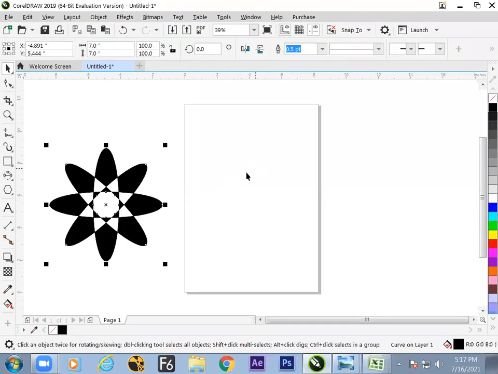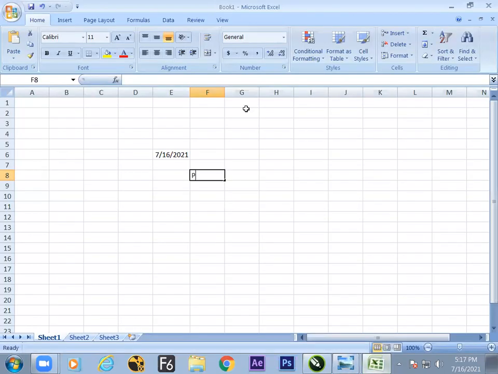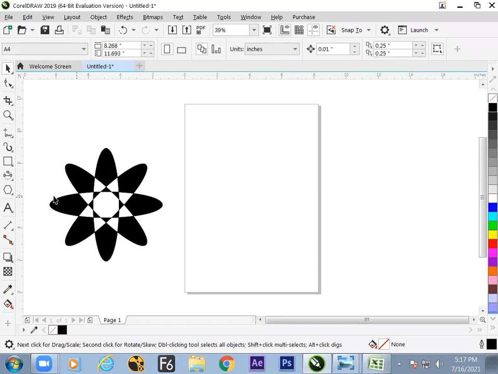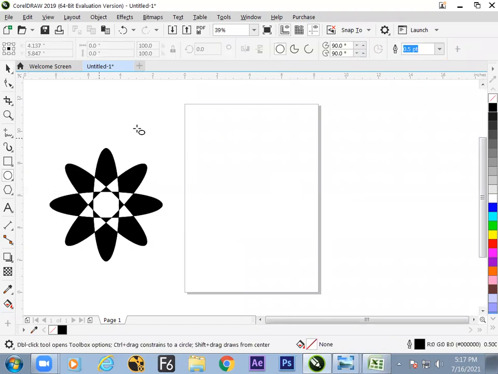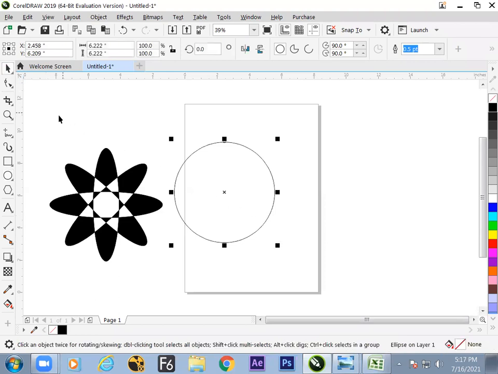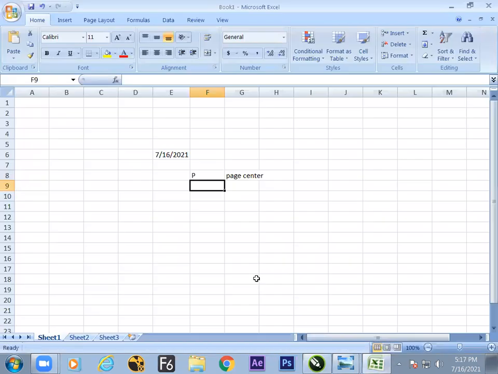Now the button to bring the object into the center of your page is P for page center. Let's make the ellipse holding the control button and select all by Control A. Control plus A is a common hotkey, select all objects on the screen.